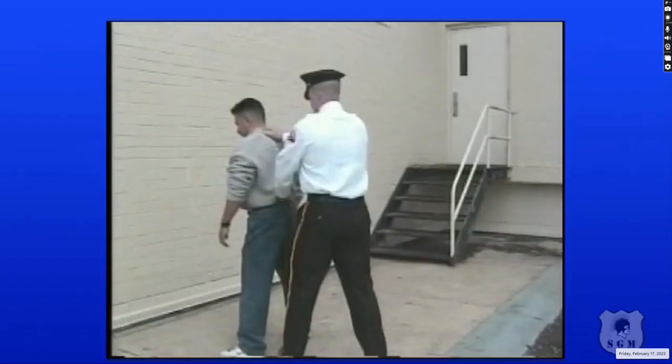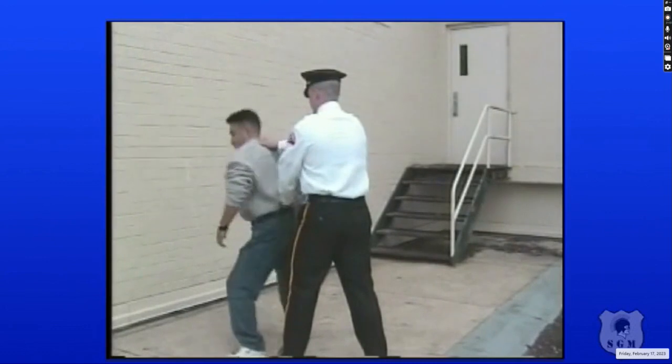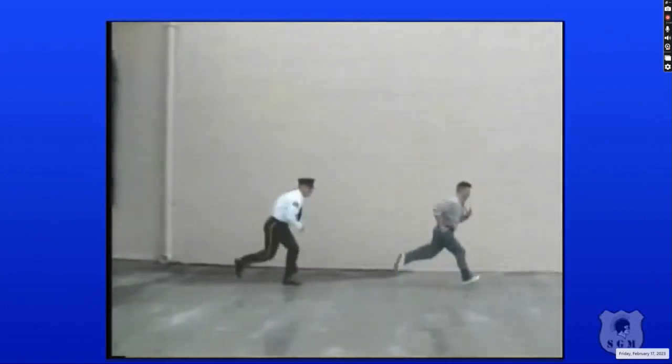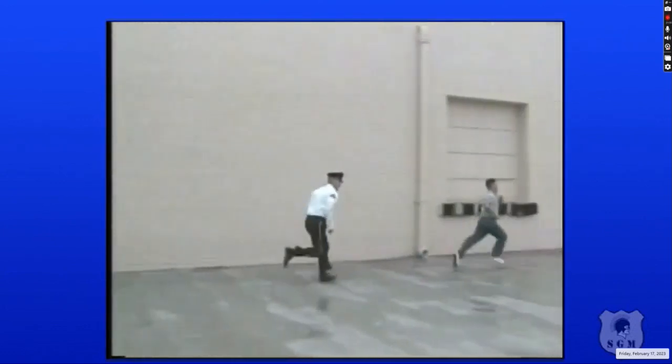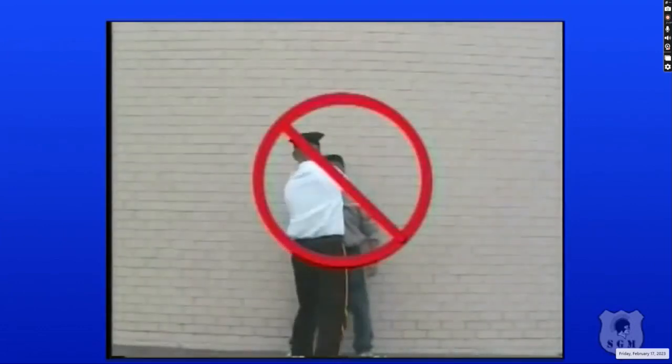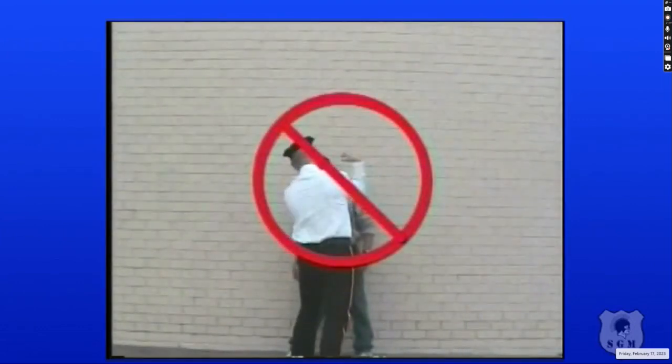Let's say you arrest a man for robbery, which is a felony. You're about to search him, and he suddenly turns around and punches you in the face and runs away. You chase and capture him again. You cannot beat on him just to get even. If you do, you could be charged with an assault. Just keep him restrained until the police arrive. If you have handcuffs, this is the time to use them. Remember, you're a professional security officer, and you need to act professionally.